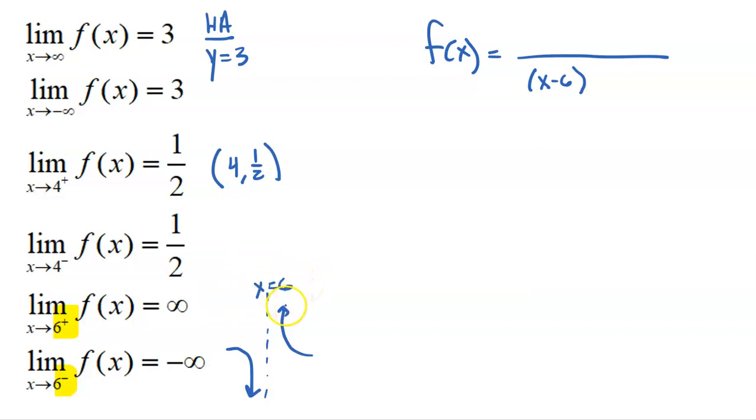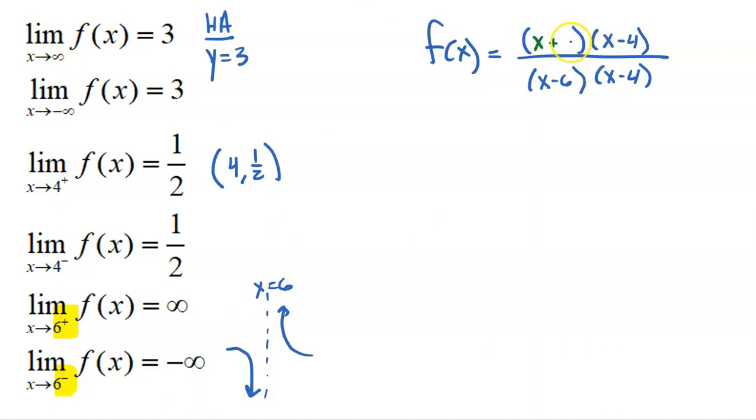All right, so let's try to put all this together. If there is a hole at 4, that means I have a factor of x minus 4 in both the numerator and the denominator, because if I plug in 4, I get a 0 on top and bottom. That's the sign that you have a hole. Now, what I don't know is what this remaining factor is going to be on top, because it did not tell me anywhere what my 0 was. So I'm just going to put an x